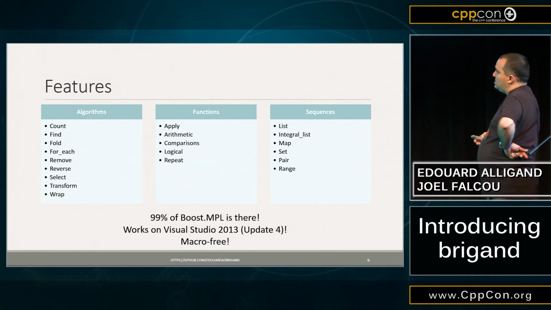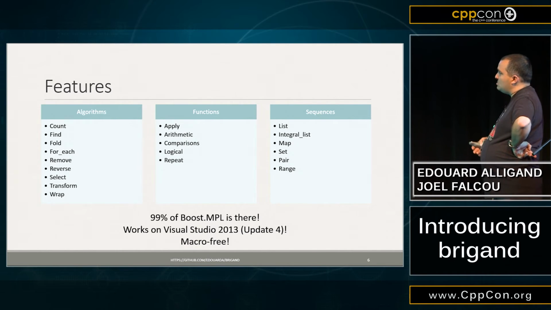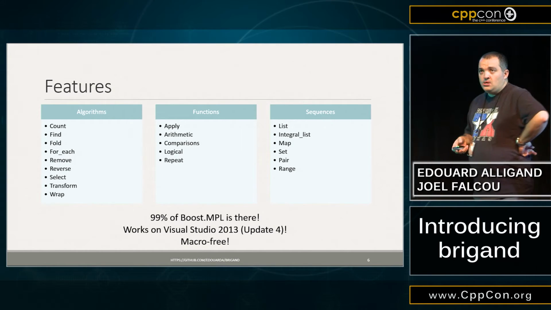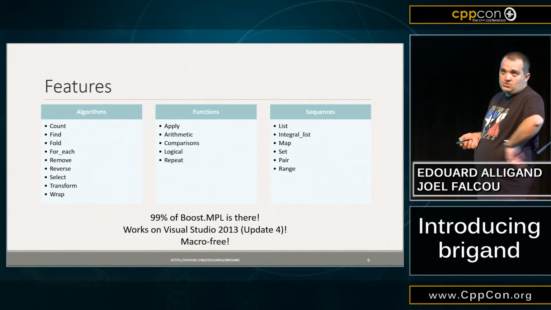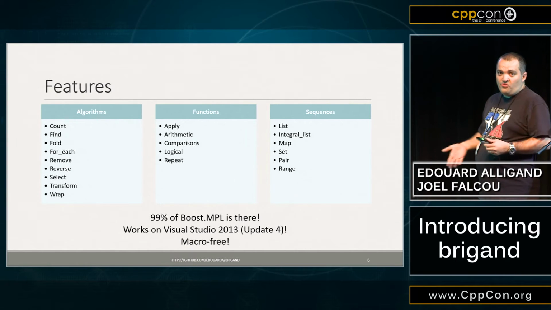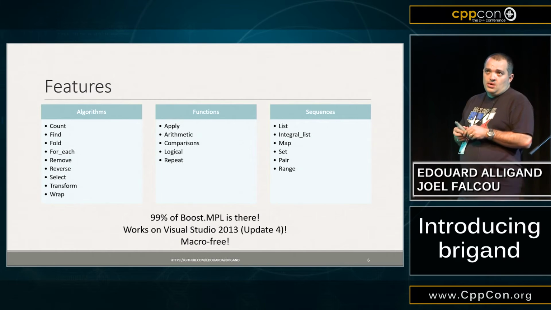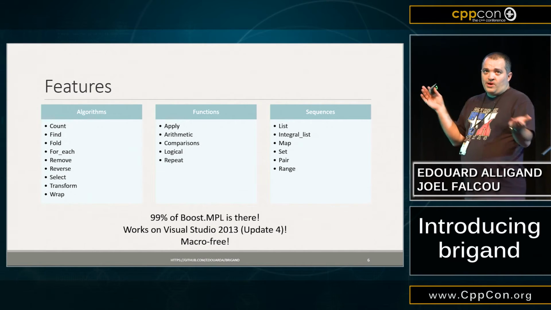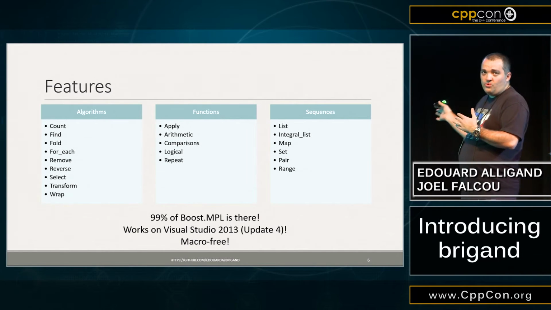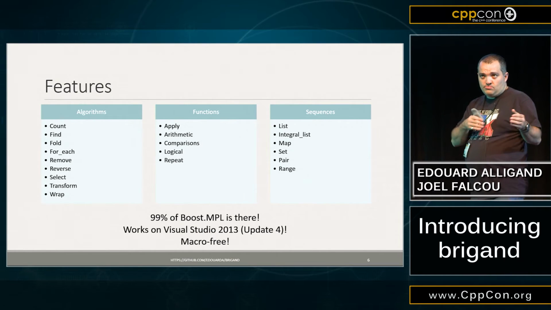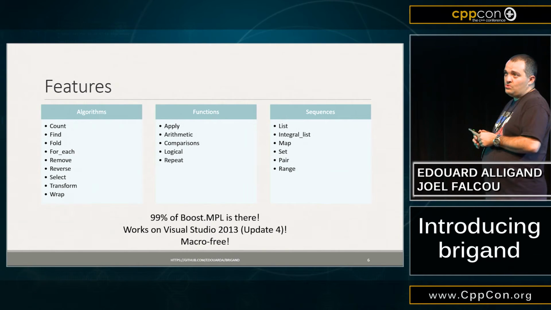We basically have everything in terms of algorithms. We have all the classical sequences, but the main point is that everything is a type list, actually. So if you want to use a Boost variant as a type list and turn the Boost variant of integers into a Boost variant of the equivalent floating point types, you can just pass a Boost variant of something to Brigand and it will just work. You don't need to adapt that.